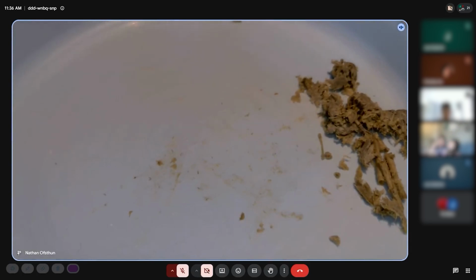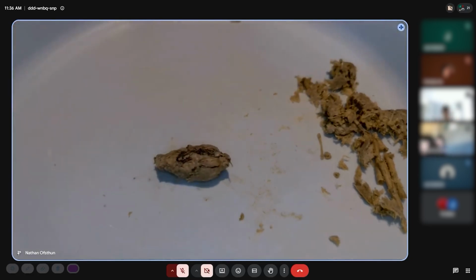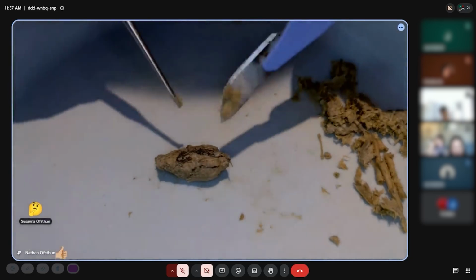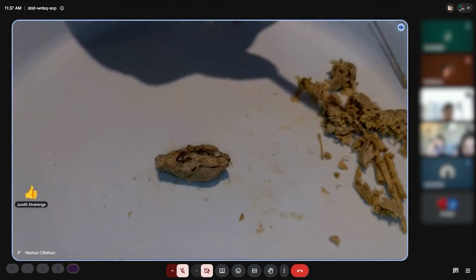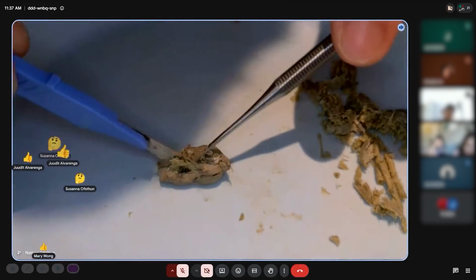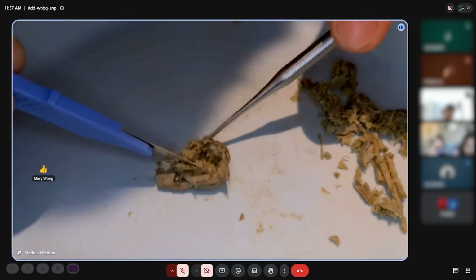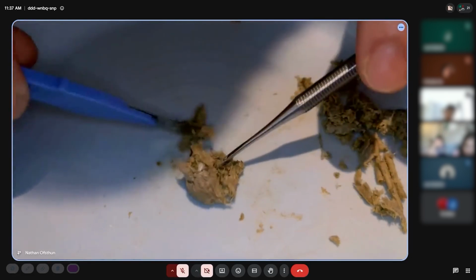Over here, I actually saw another owl pellet I'm going to show you. I'm just going to figure out which one it was. On the outside, it had something that looked a little bit different. I wasn't even sure what it was. It's right here. Everyone see that? It's that kind of grayish thing. All the rest looks like the same color as the previous one, mostly chicken fluff, but this one just has something a little bit different going on. So I'm just going to cut it open and see if we can get to that thing that looks a little bit different.